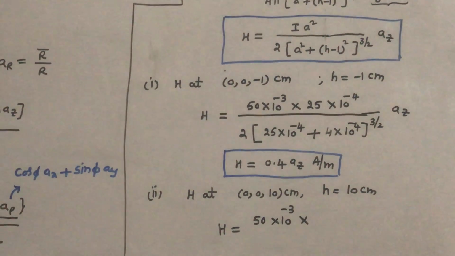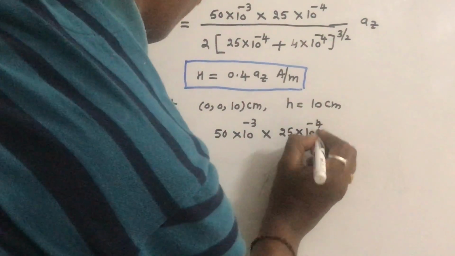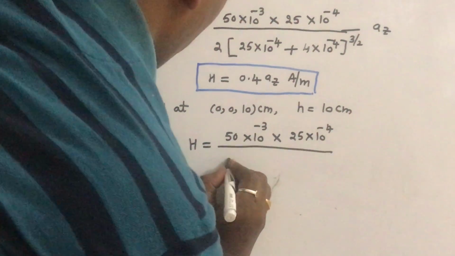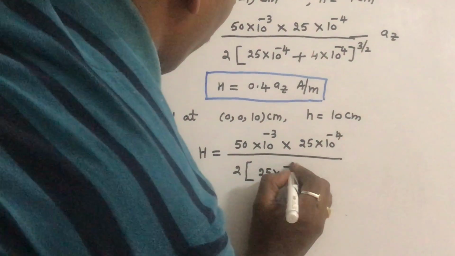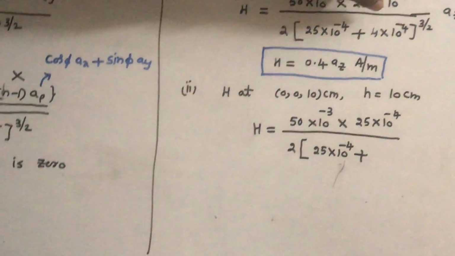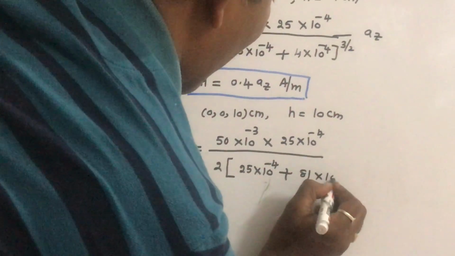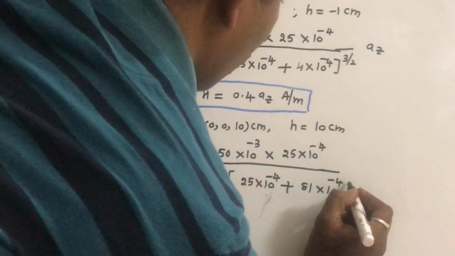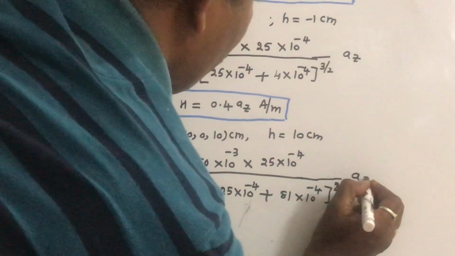The radius of the loop is 5 centimeters, so 5 square, 25 into 10 power minus 4, by 2 into (a square, which is 25 into 10 power minus 4, plus (h minus 1), 10 minus 1 is 9, 9 square is 81 into 10 power minus 4)